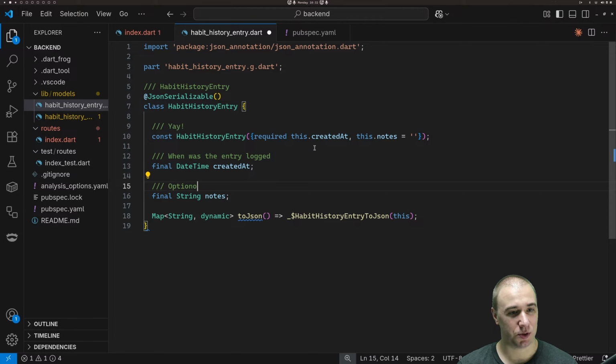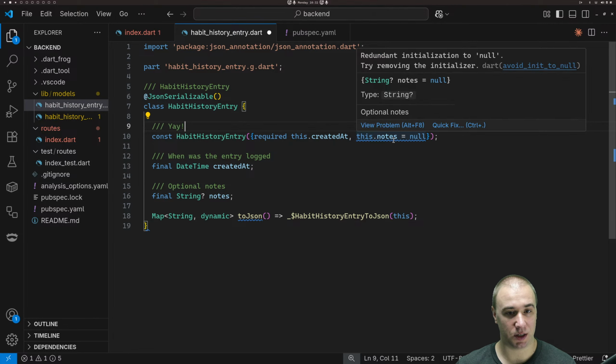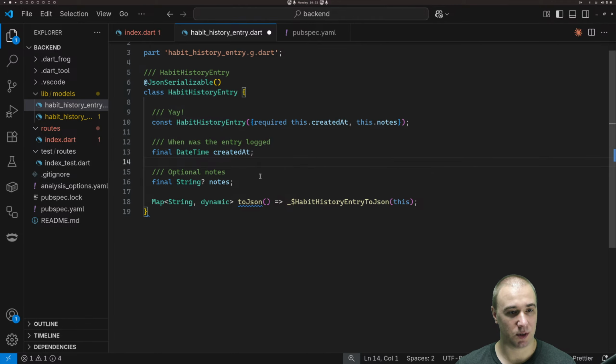And optional notes. Let's make this string nullable. How about that? Therefore, we can say that it's null. This will be an interesting thing. Redundant initialization to null. Try removing the initializer. Okay, so we can do that. It's nullable. It's happy, right? Yeah. Okay. All right. And to JSON,